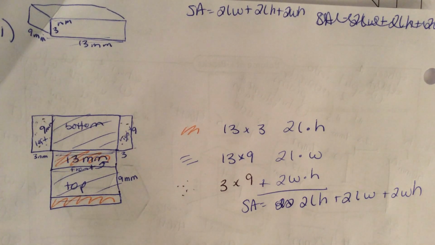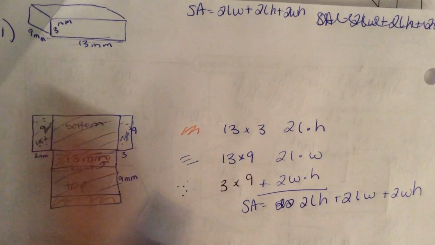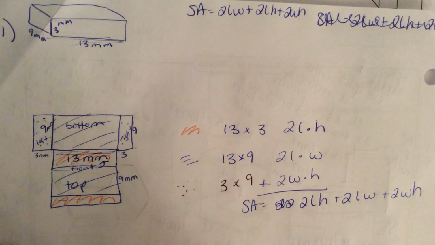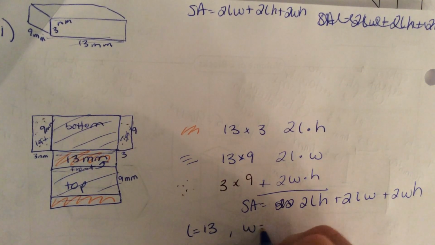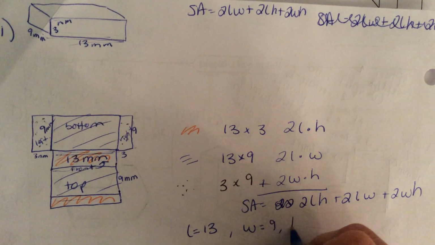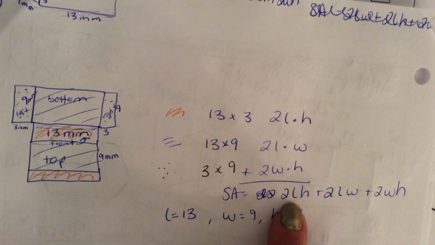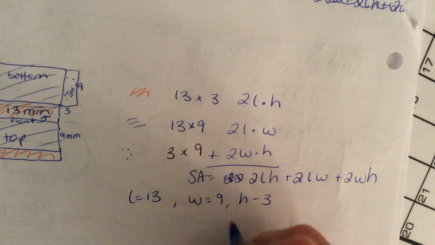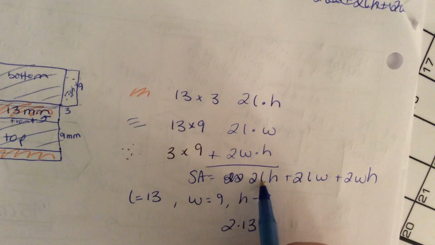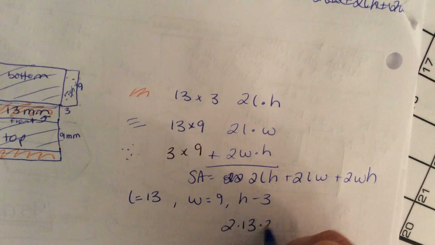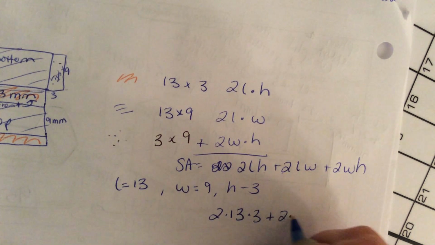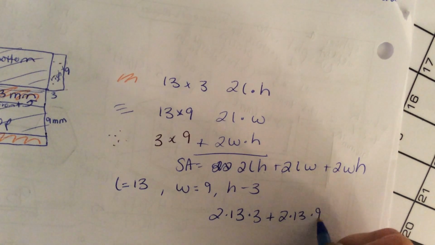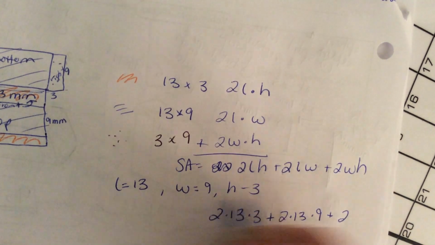Now that you understand that, for this one, you will always be given the formula, and all you have to do is just plug everything in, okay? So we said that our length was 13, our width is 9, and our height is 3. So everywhere I see an L, I plug in 13. So it's going to be 2 times 13, that's your length, height's 3. Okay? 2 times 13, width is 9. 2 times 9,